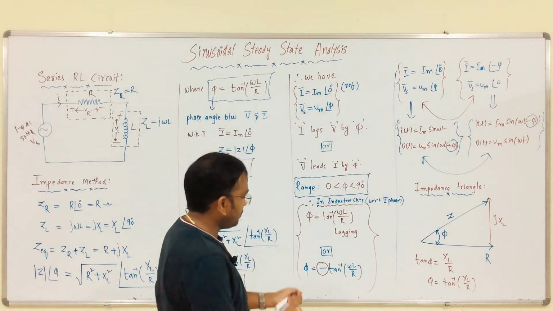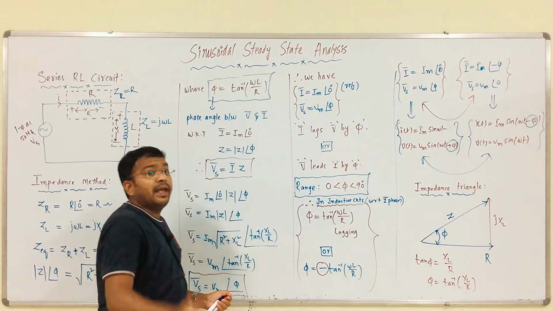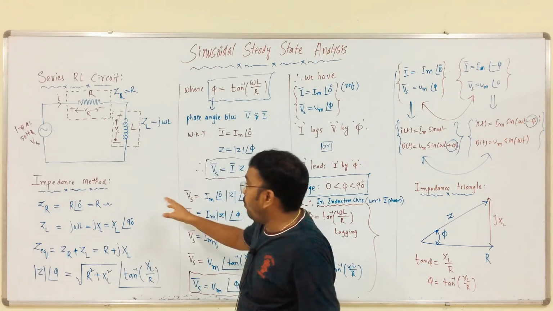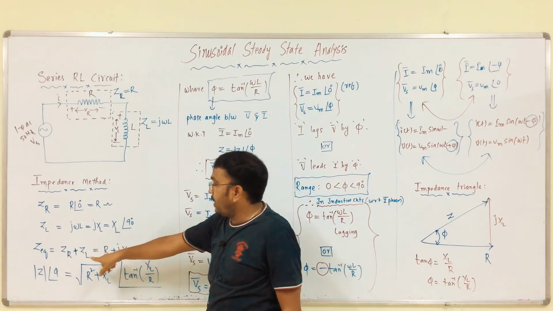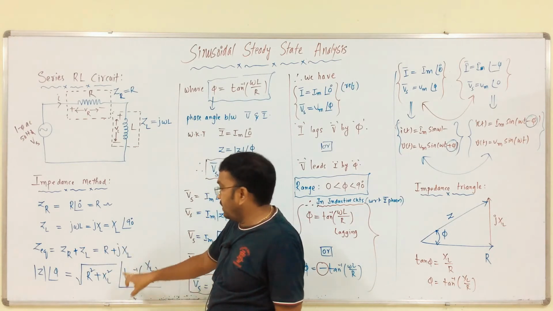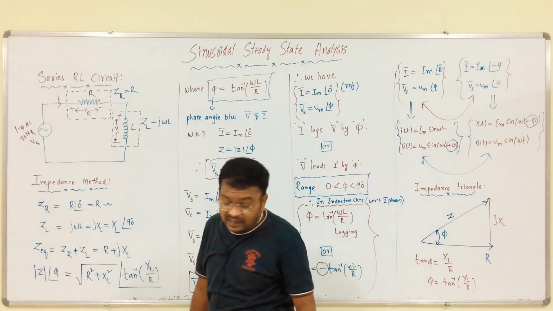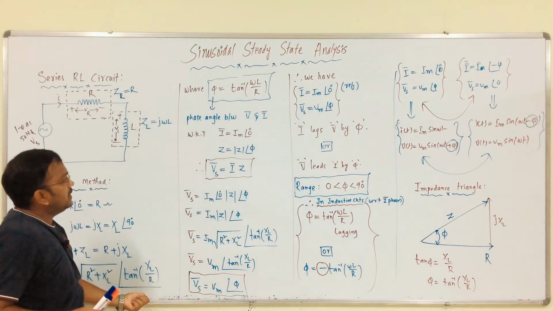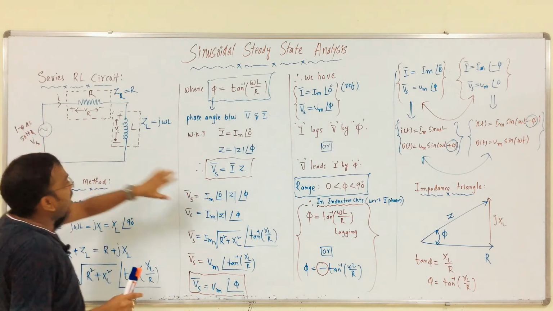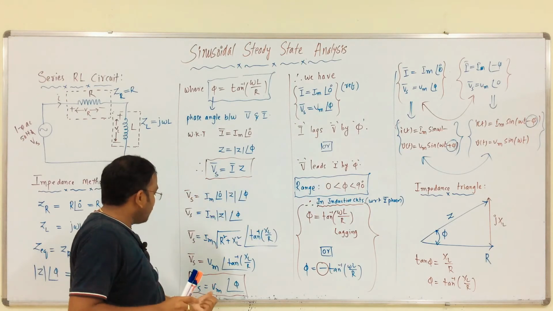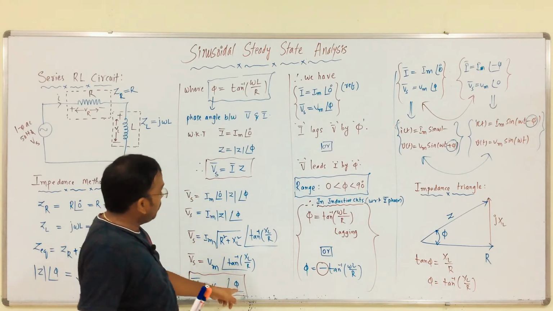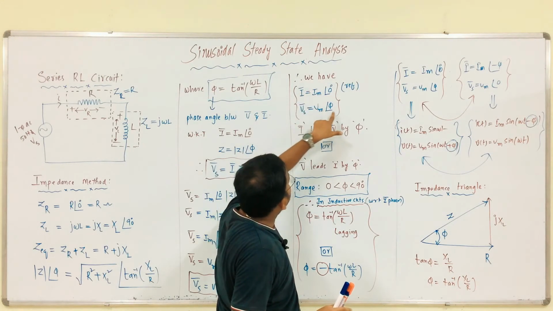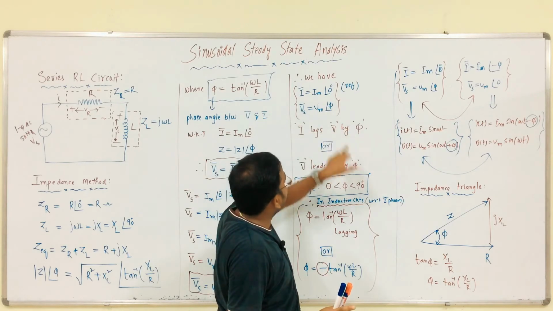Clear? This is about the series RL circuit with respect to the impedance method. Simple, listen all of you. We have ZR, ZL. We have to calculate the equivalent impedance, that is magnitude at an angle. But here in a series circuit the current is taken as reference. That is why we have I. We got Z. So finally we got supply voltage Vs equals I into Z. From this analysis we got Vs equals Vm at an angle phi. So we have current, we got Vm at an angle phi. So from these observations, current lags voltage by phi, or we can say voltage leads current by phi.